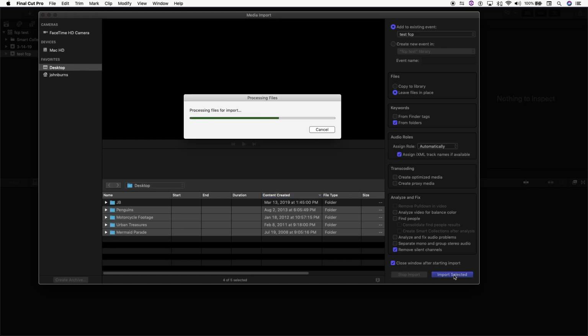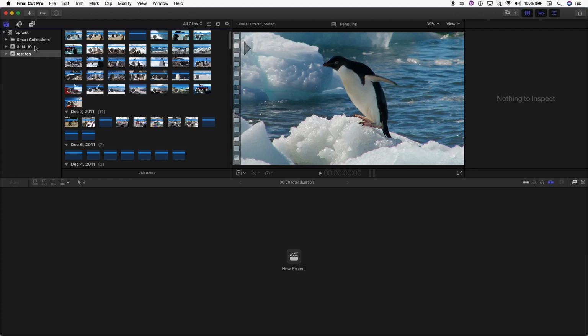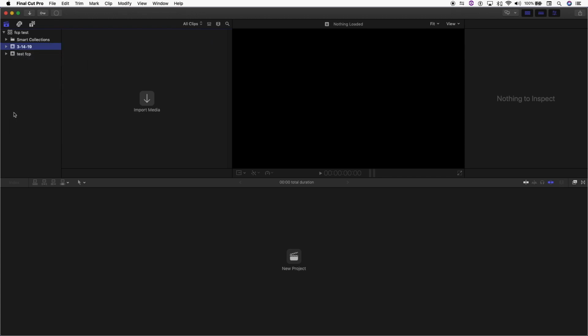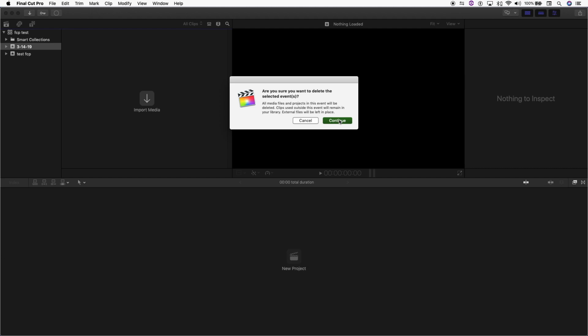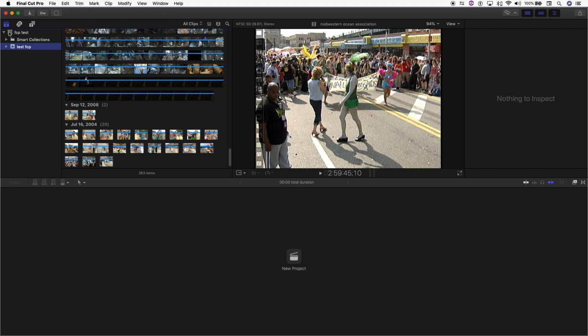You can see that import window opens up and everything pops in the window. There's our penguin shots. We have this event here that I'm just going to delete. I'm going to click it on and right click it and say move to the trash. And if you move the event to the trash and there's media, it doesn't move the media to the trash, the media will always be in the library